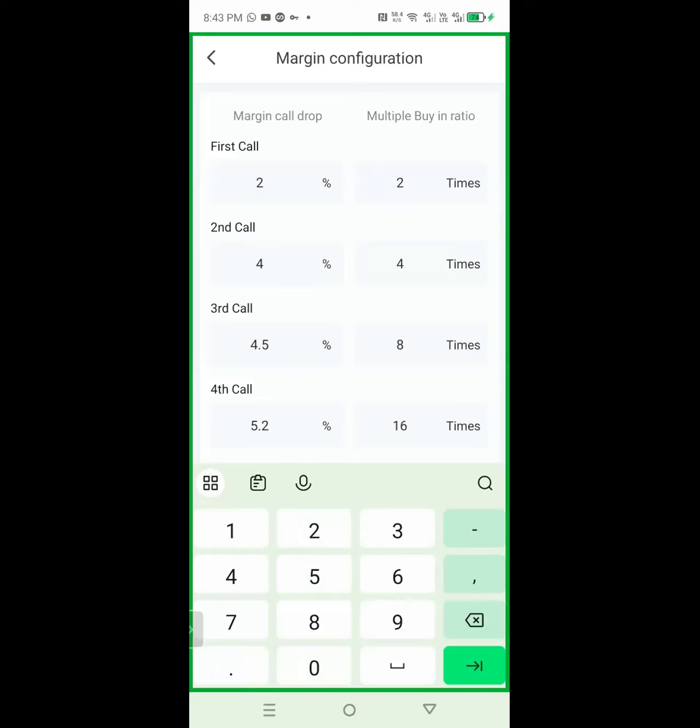That is, once the value of that coin drops, immediately you start the trade with $20 and it drops by 2%, you're telling the robot to buy your first margin call. Now, the robot will tell you how much from the $80 it should use in your Binance, in your exchange, to buy more of the dip of that coin, to buy more quantity of that coin. That is where you will now come to the right-hand side, which is the multiple buy-in ratio. The multiple buy-in ratio is being calculated in times